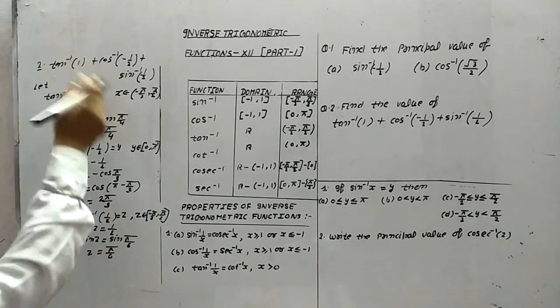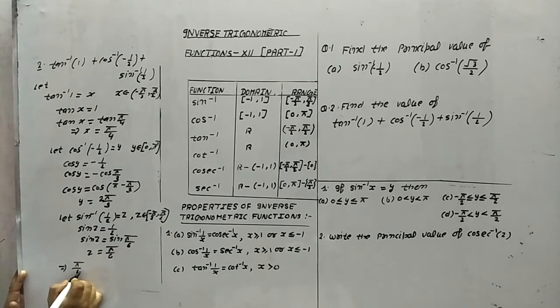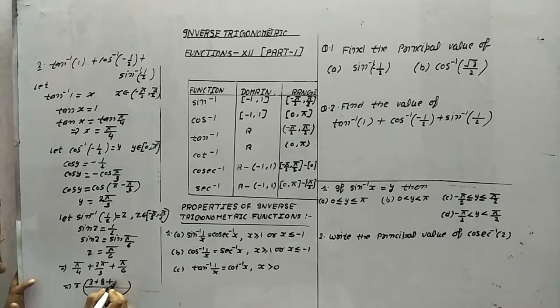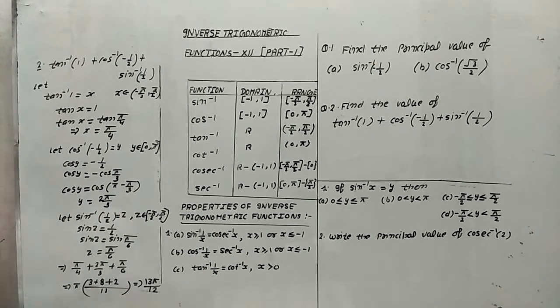Therefore, what will we get on putting the values here? Pi by 4 plus 2 pi by 3 plus pi by 6. What is the LCM? Pi common. 12 is the LCM. 4 3 ja 12, 3 4 ja 12, 6 2 ja 12. It means 3 plus 8 plus 2, what this become? 3 8 11 plus 2 is 13 pi by 12, and this is the answer. So this is the way to do this part.